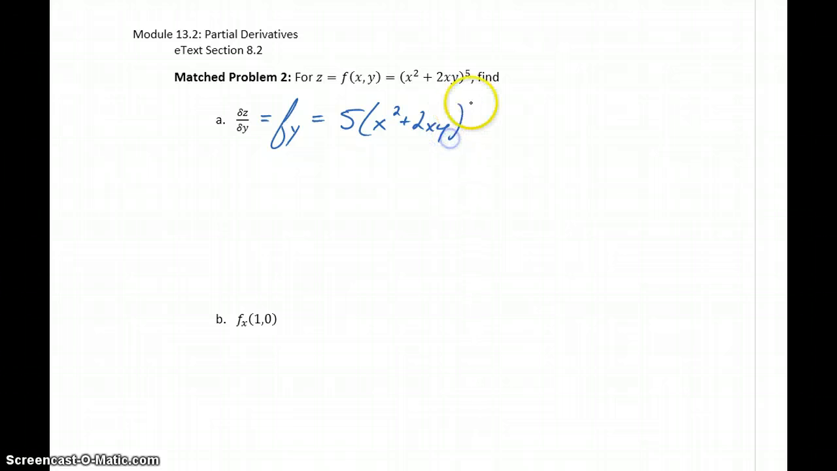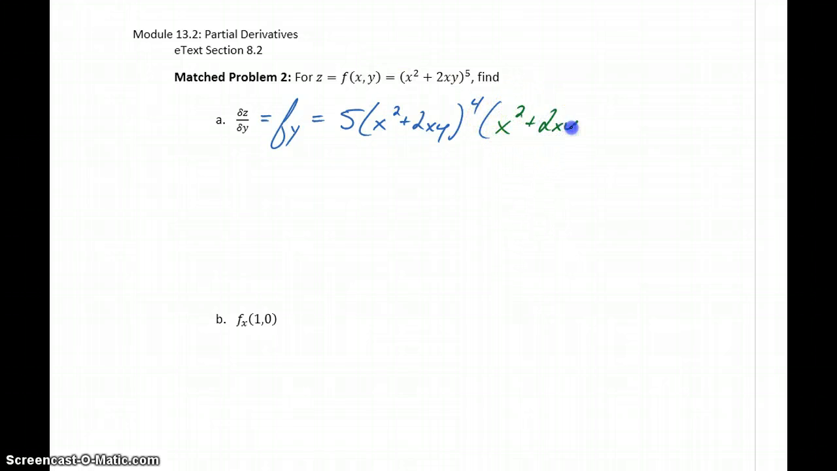In math problem 2, we still want to take partial derivatives, but now we have a more complicated expression. In this case, we've got a composite function, x squared plus 2xy being raised to the fifth power. So to take the derivative of our function z with respect to y again means the same thing as finding f sub y. So the derivative of this will be 5 times x squared plus 2xy to the fourth, and then times the derivative of that interior function,